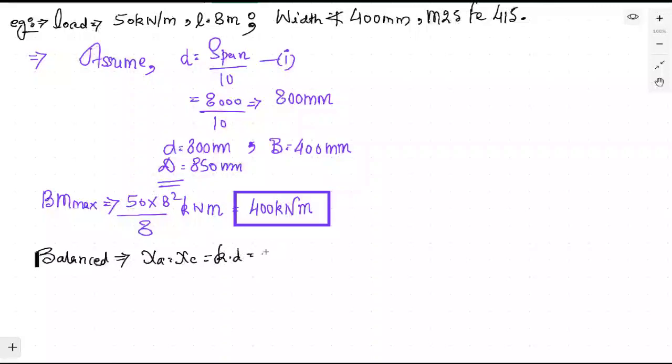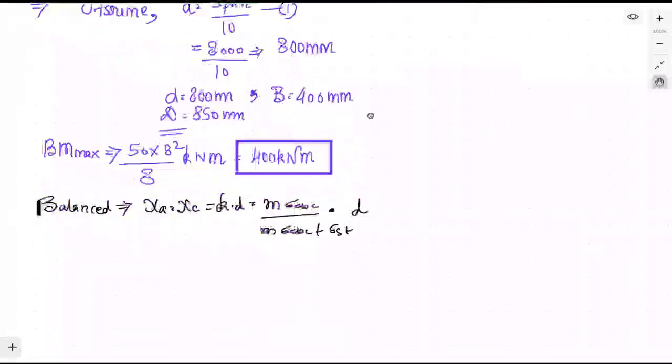that is equal to K into D, which is equal to m sigma CBC divided by (m sigma CBC plus sigma ST), into D. This value is the balance depth, or the critical depth, you can also say. This value is fixed. Now, there is one condition that you must remember, that for the balance section,